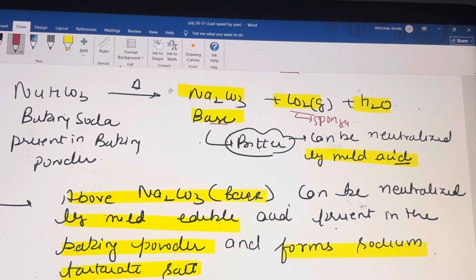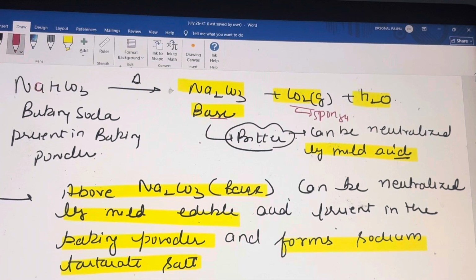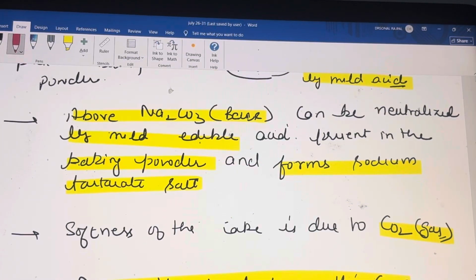And whatever base is formed, sodium carbonate, which makes the cake bitter, but who neutralizes it? The mild edible acid in the baking powder. The mild edible acid can be tartaric acid. It can neutralize the base, that is sodium carbonate, which can be produced by heating baking soda present in the baking powder. So because of that, beta, when you add baking powder,